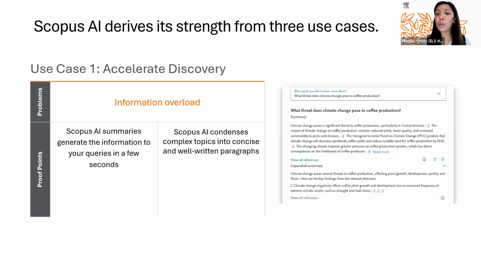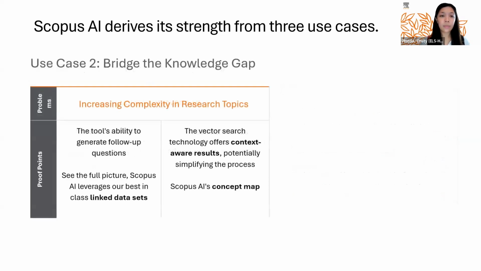And then it gives you also links to the references and information where you could get more information about this topic. Okay. It could bridge the knowledge gap. Now, because of the interdisciplinary research, research topics are becoming more complex.